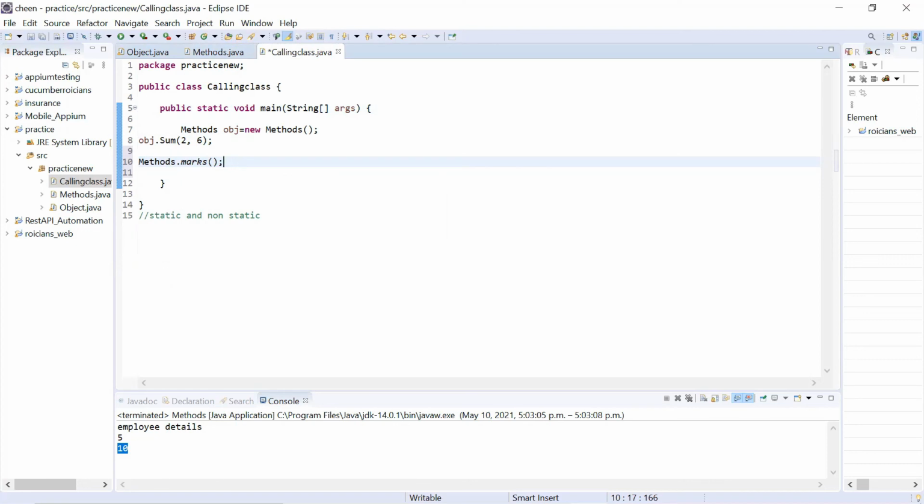So in a nutshell, if you are creating any non-static method and you want to call that method, you need to create object for it. And with the help of object reference, you can call non-static method or variables. Whereas static methods or variables are associated with class, not with the object. So if you want to call any static methods or variables, you can either directly call them or you can call them with the class name. So you need to write class name dot, you will find the static methods or variables over there. So this is the difference between static and non-static variables.